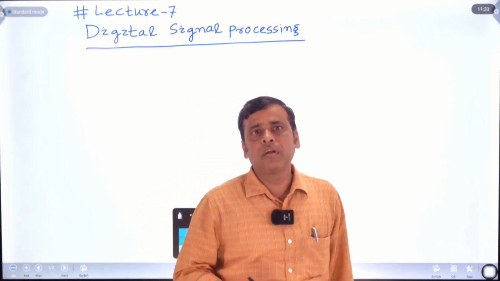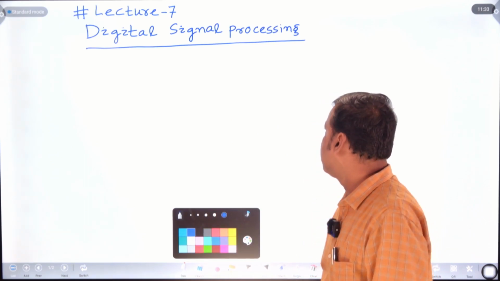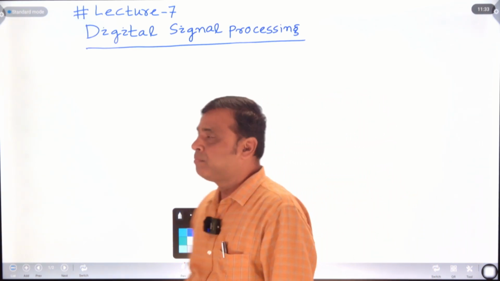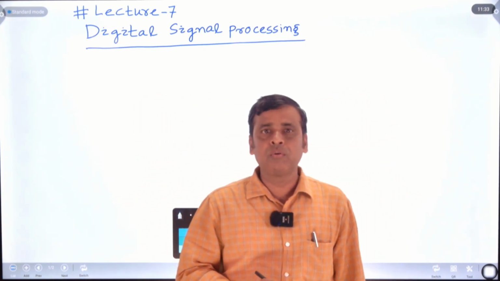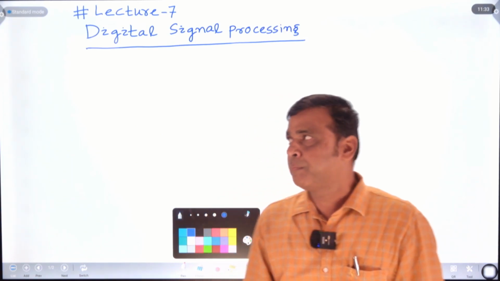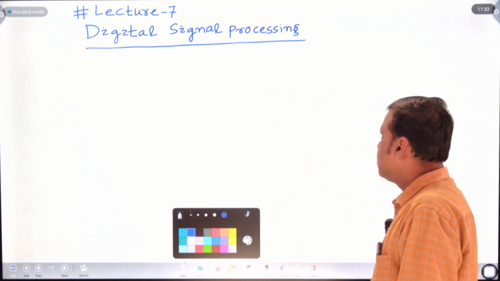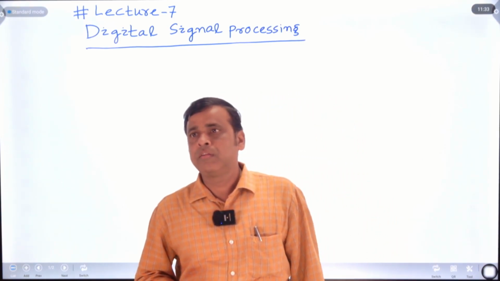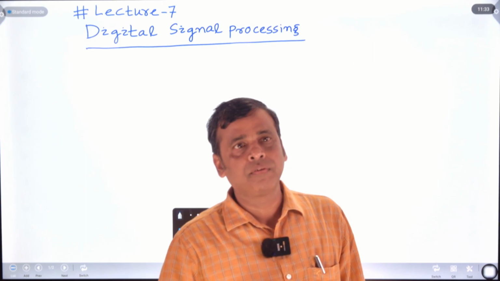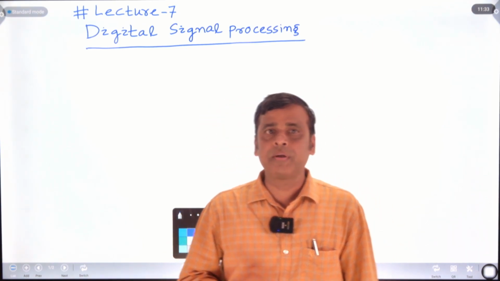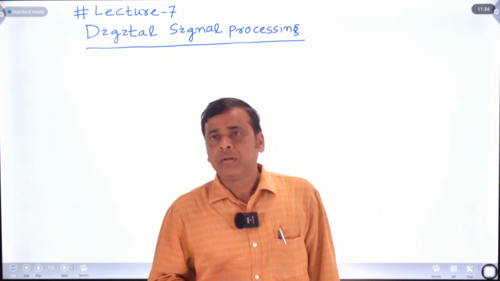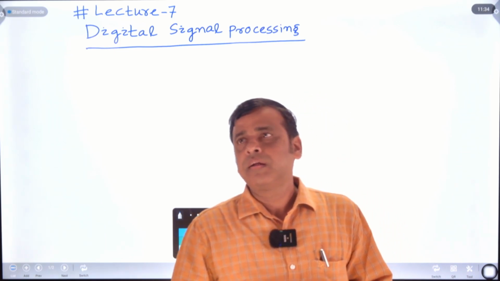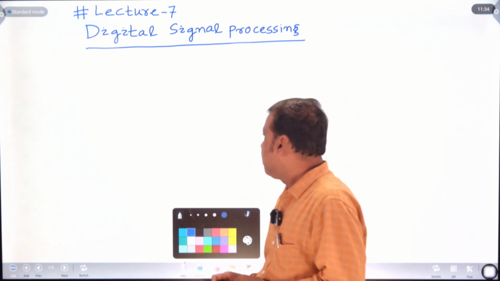Hello students, today we are going to discuss periodic and aperiodic signals. Already I told you in your previous class about the continuous time periodic signal. If the signal is periodic, then x of t equals x of t plus capital T, where capital T is the fundamental period. So in a discrete time signal, if the discrete time signal is periodic,